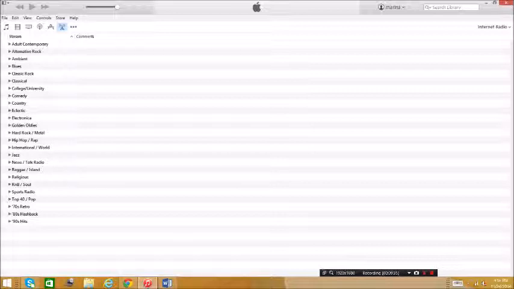And this is very handy. If you don't want to buy music, or you don't want to illegally download it, you can just play it. You can just play it off of iTunes. So when you press into internet radio, here is the icon. There'll be a lot of different